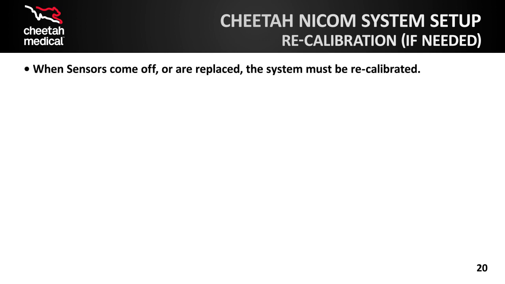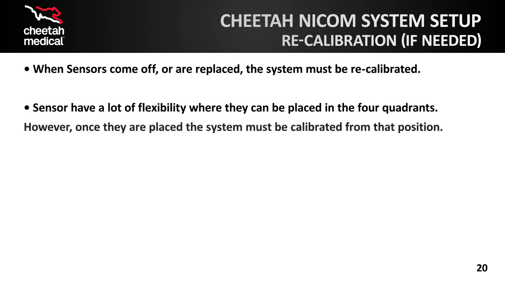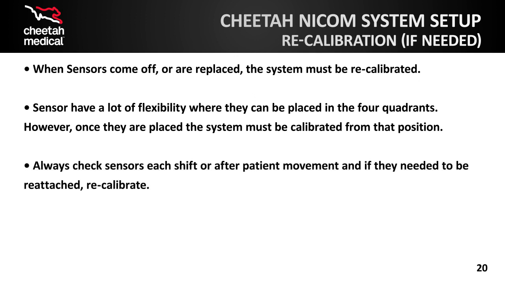Other situations to consider for when to recalibrate the CHEETAH NICOM system: when sensors come off or are replaced, the system must be recalibrated. Sensors have a lot of flexibility where they can be placed in the 4 quadrants. However, once they are placed, the system must be calibrated from that position. Always check sensors after each shift or after patient movement, and if they needed to be reconnected, recalibrate. On the other hand, you do not need to recalibrate if the lead wires disconnect during movement and are reconnected afterwards